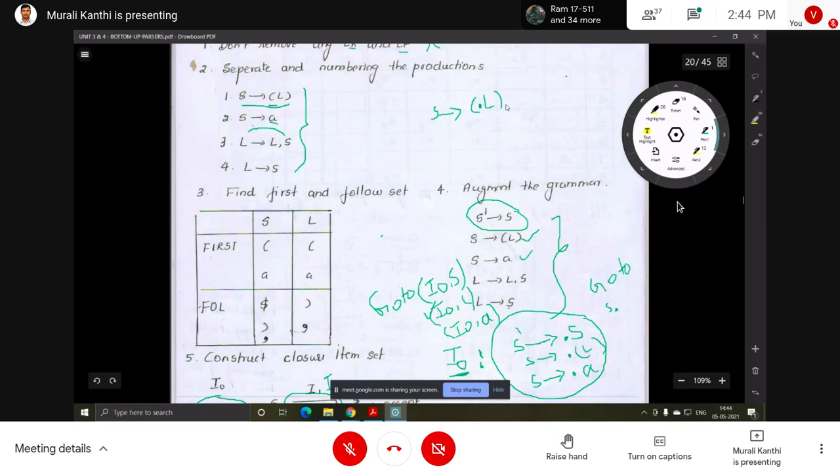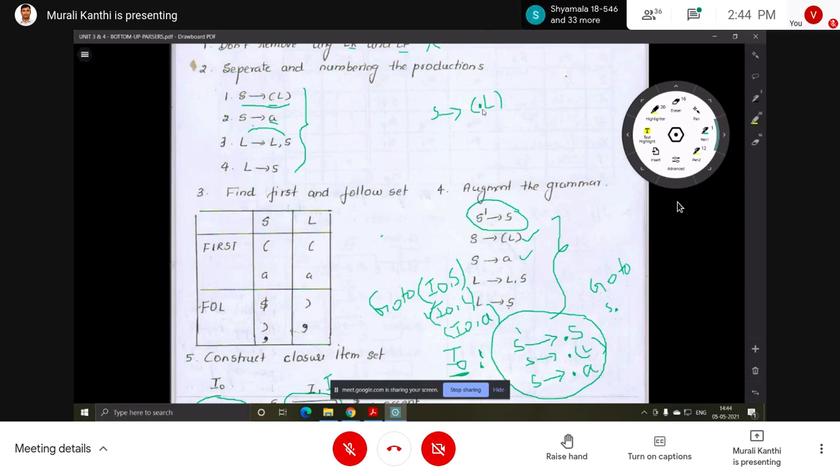Next, what we have to see is which symbol is there after the dot. Is L terminal or non-terminal? In the previous case there was no symbol after the dot, so we just leave it and no need to add anything. But here a non-terminal is after the dot. If it is a terminal, no problem, leave it.